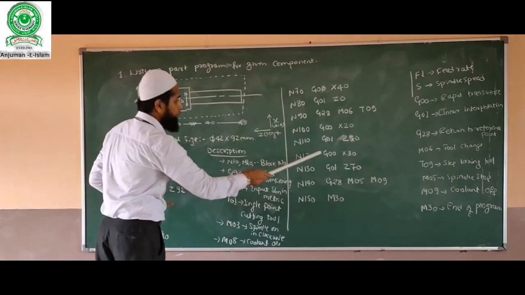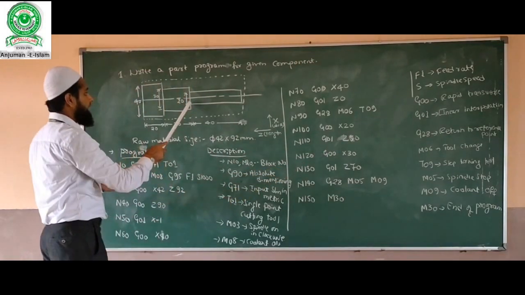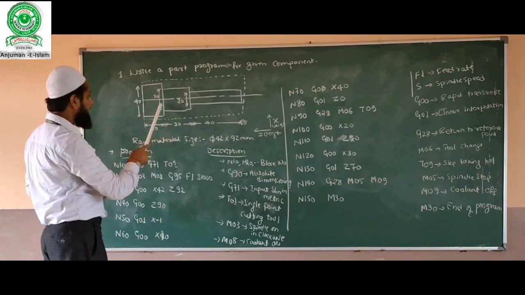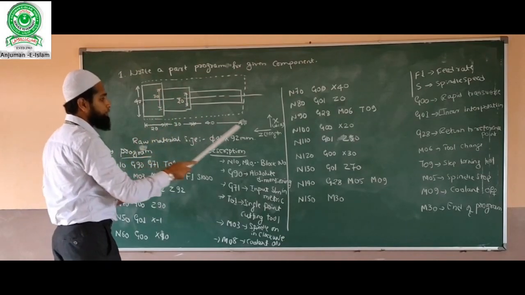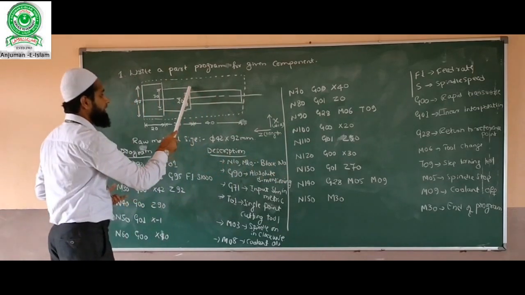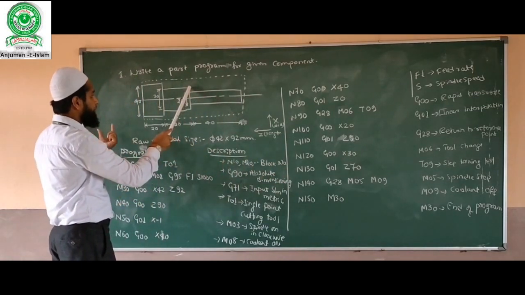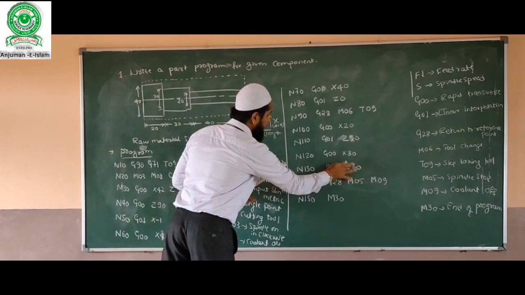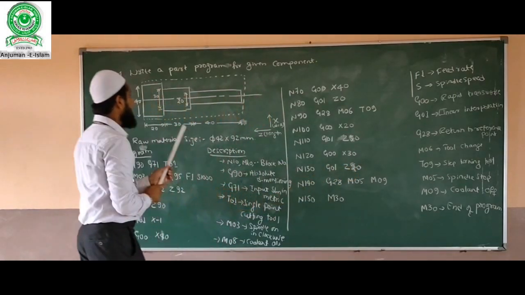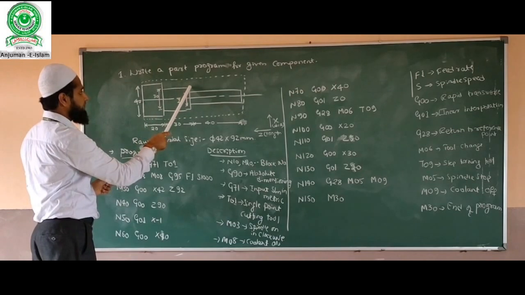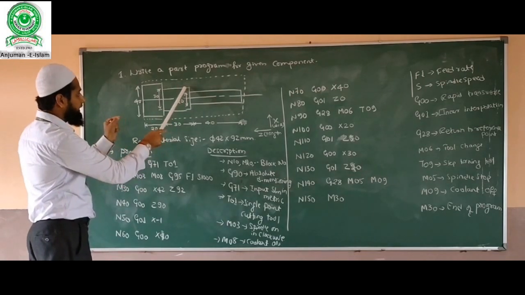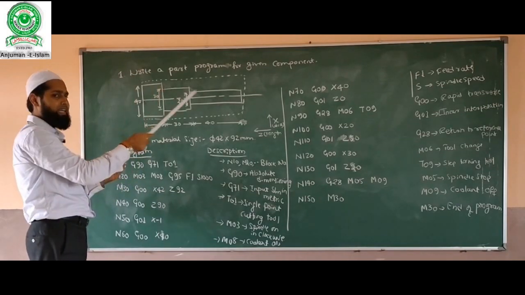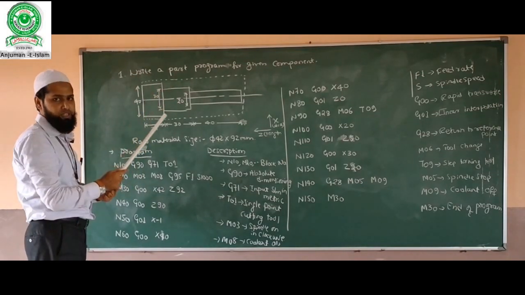Afterwards, it will move rapidly to a height of 30. This block is of 30 dimension, so it will move to this point 30. Again it should move up to 20. Here is Z20. After reaching this point, it should move linearly up to this Z20. Afterwards, again it should move to the reference point of the machine.